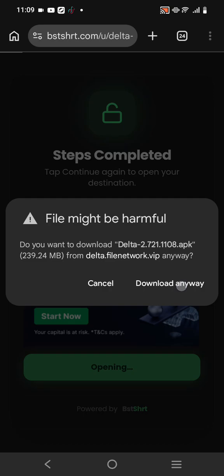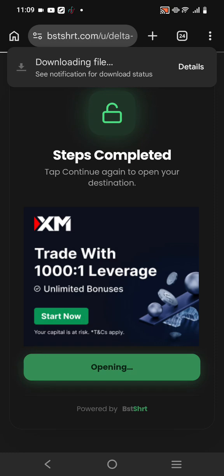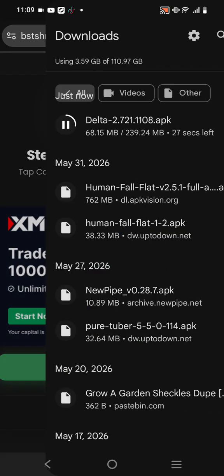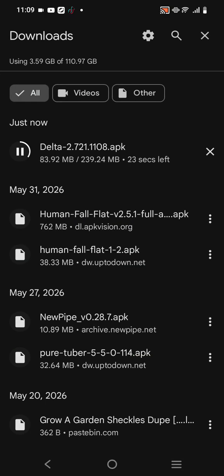First, now click download anyway. Now you see it. See, just wait. I'm also going to teach you how to get a key on Delta later, okay? Just wait patiently on the video. If you want to download Delta, this is official, okay? You can even do it on iOS.